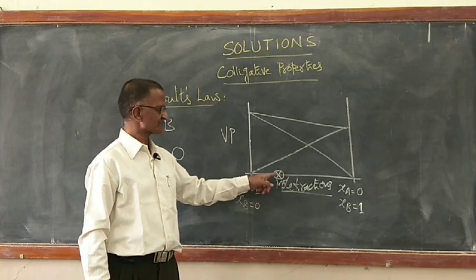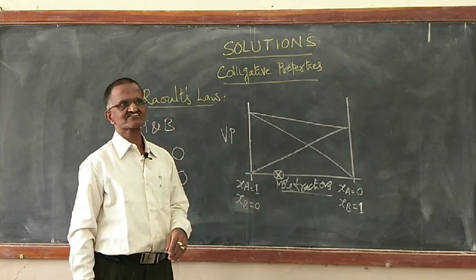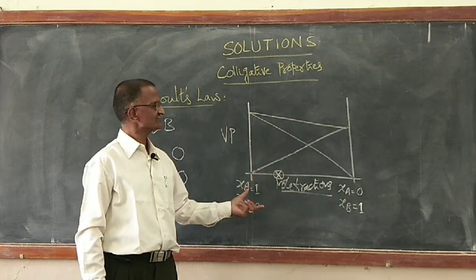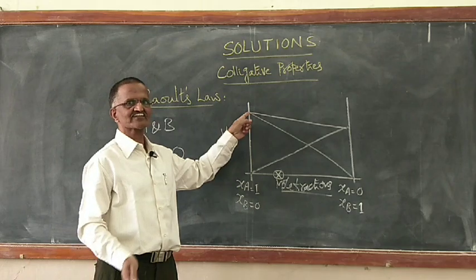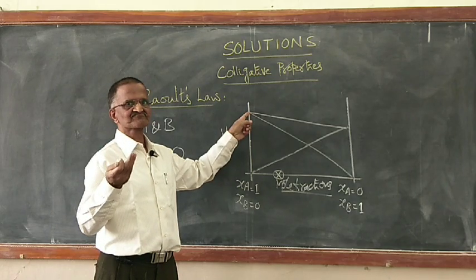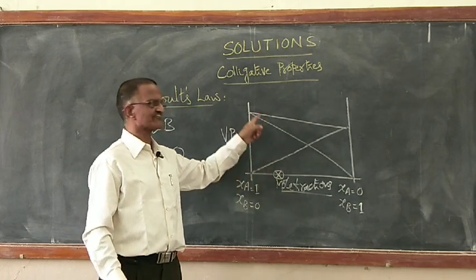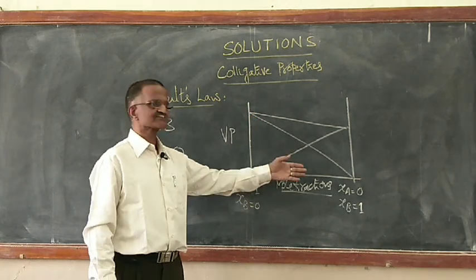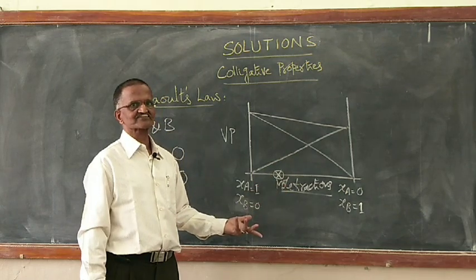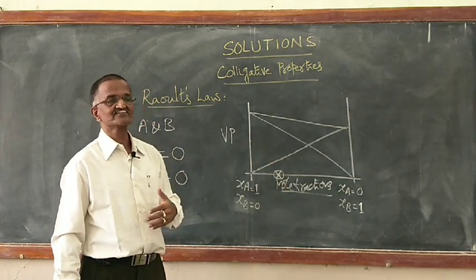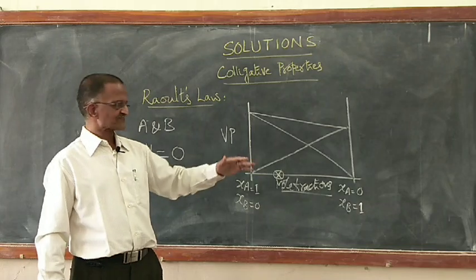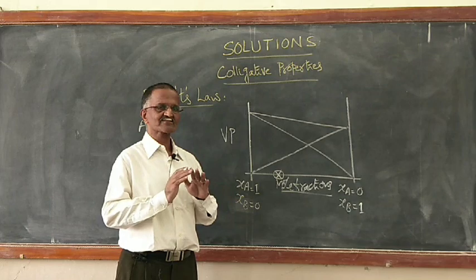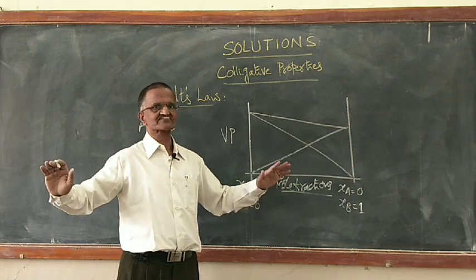By the simple distillation method, I want to separate A and B present in that composition. Which one will come out first when you have a composition of two volatile components? The one which is more volatile will come out first, and afterwards you will be left with the less volatile. Easy to separate. But now the question is, can I completely separate A and B present in the mixture? I can separate, but can I completely separate both the components?